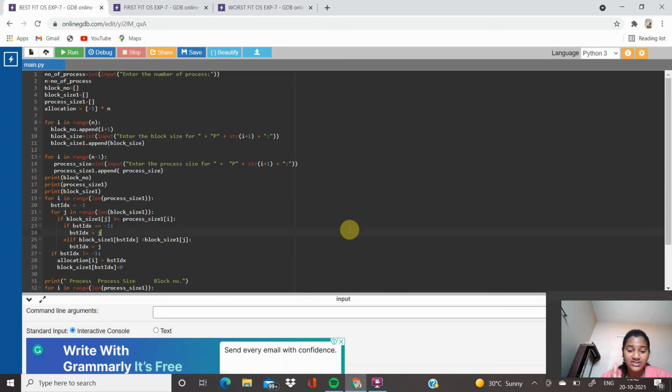The best fit strategy chooses the block that is closest in size to the request. First fit chooses the first available block that is large enough, and worst fit chooses the largest available block.